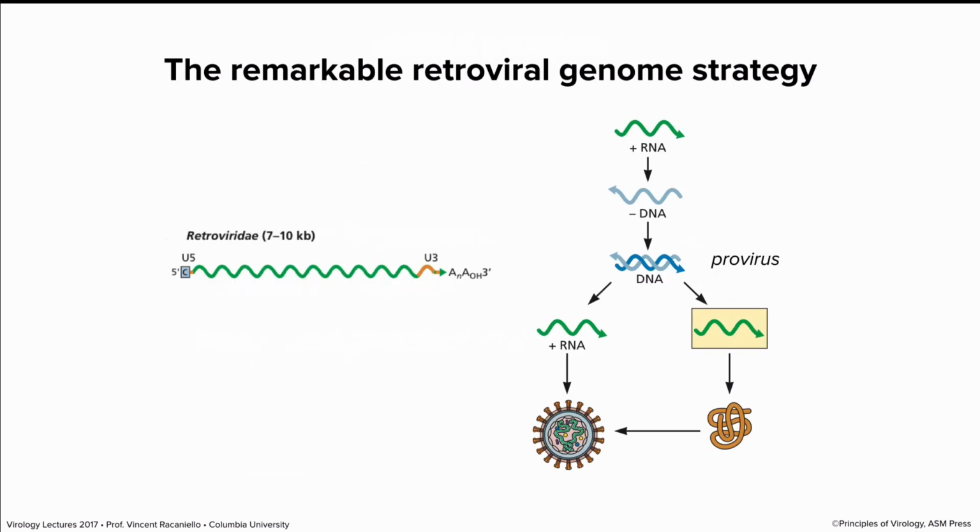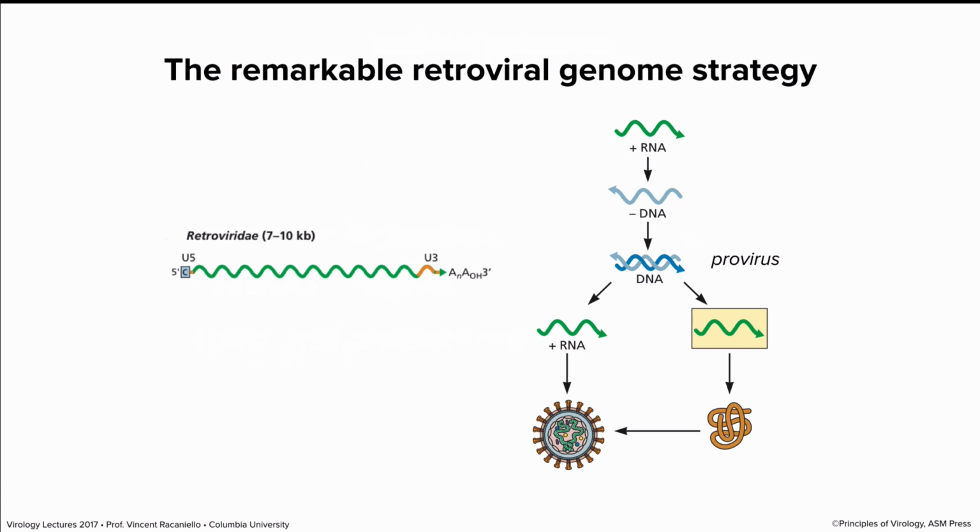These viruses have plus-stranded RNA genomes, 7 to 10 kilobases in length. They have a cap at the 5' end and a poly A tail. But as they're packaged in the virus particle, they're not translated when that RNA comes into the cell. Rather, there's a reverse transcriptase in the particle that copies the RNA into DNA right in the cytoplasm. First it makes minus DNA, then it makes double-stranded DNA. And now that, as you may guess, could be a substrate for mRNA synthesis. But in order to be transcribed, the DNA gets in the nucleus and it integrates into the chromosomal DNA of the cell. That's how retroviruses replicate.